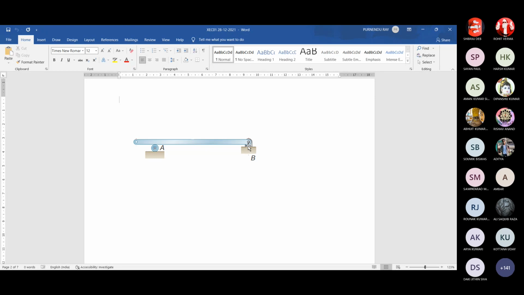If those are non-concurrent, then suppose forces 1 and 2 have one point of intersection, and the third force is not passing through that point of intersection of forces 1 and 2. So the resultant of 1 and 2 is definitely equal and opposite to the third force, giving resultant force 0, but they are forming one couple. So to avoid that situation, you need to pass the third force through that point of intersection of 1 and 2. So that is the primary criterion, that 3 forces must be concurrent.